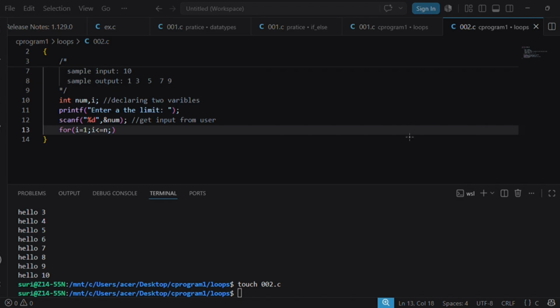This is how the numbers go, right? If you see which are the odd numbers here, 1 is an odd number.